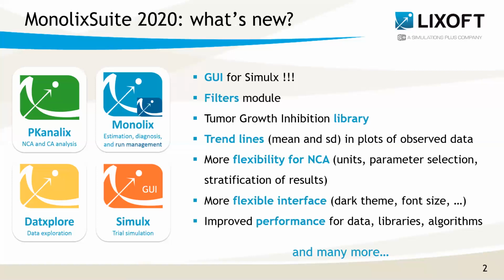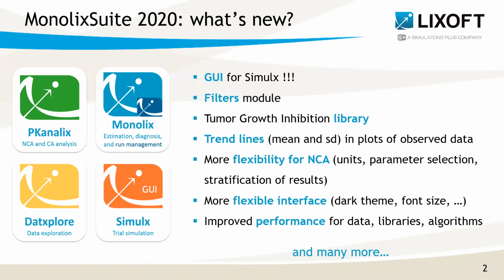So you always get the same results when you run the same project. And then all the results are saved in the result folder next to the Simulix project, like for Monolix, where we save the estimation results in the result folder next to the Monolix file. And the results will appear in the interface of Simulix only if they are really compatible, consistent with all the elements in the interface. So if the same elements were defined to run the simulation.